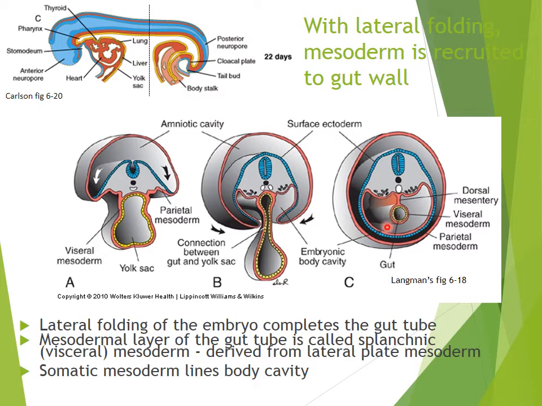As I have told you, the parenchymal tissue and all the epithelium is derived from the endoderm, and the musculature, all the stroma and the muscular component in the gut wall, is derived from the splanchnic layer of the lateral plate mesoderm, which is also known as visceral mesoderm. So keep in mind that this visceral mesoderm is also going to help in formation of the musculature and the stroma, along with the parenchymal tissue which is derived from the endoderm of the gut.